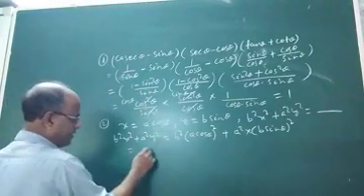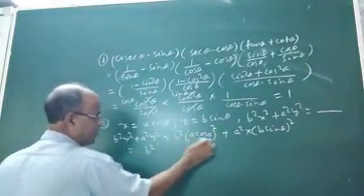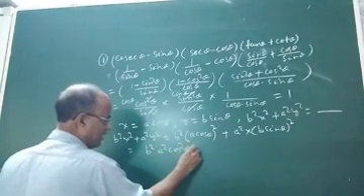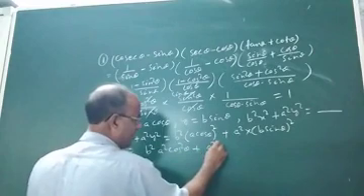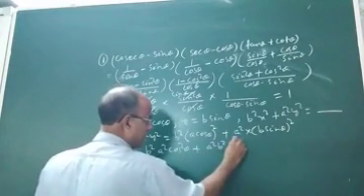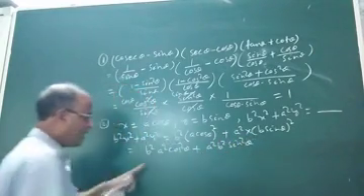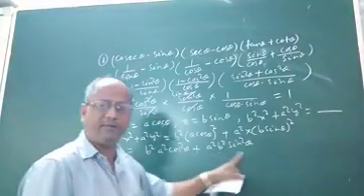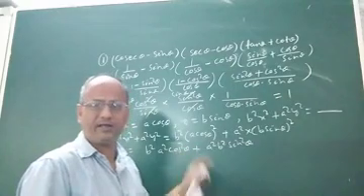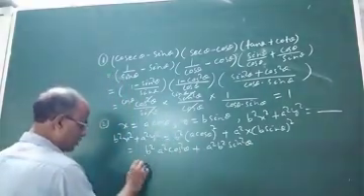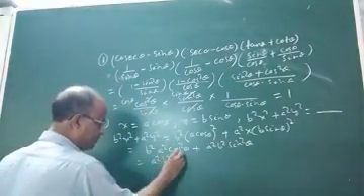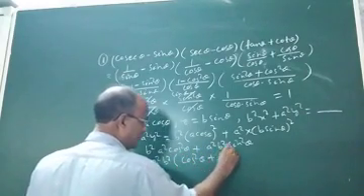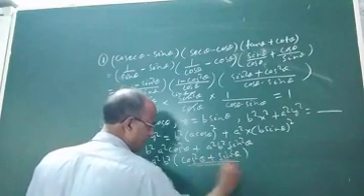Okay. Now find its value. This will be b square into a square cos square theta, and this will be a square b square sin square theta. Now a square b square is multiplied with cos square theta, and it is also multiplied with sin square theta. So we can take a square b square common. Now if you take common, it will be cos square theta plus sin square theta, and the value of this expression is 1.